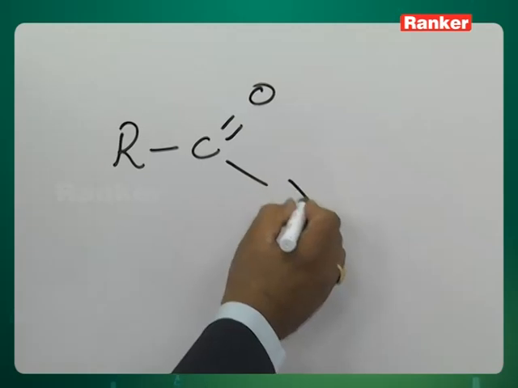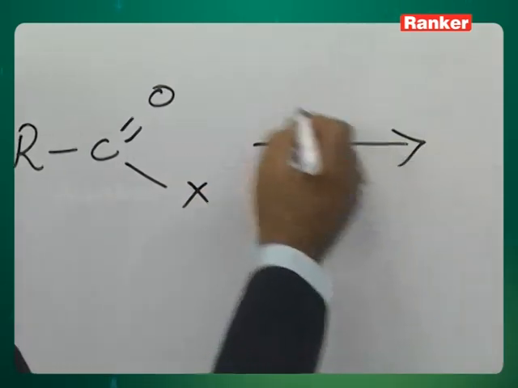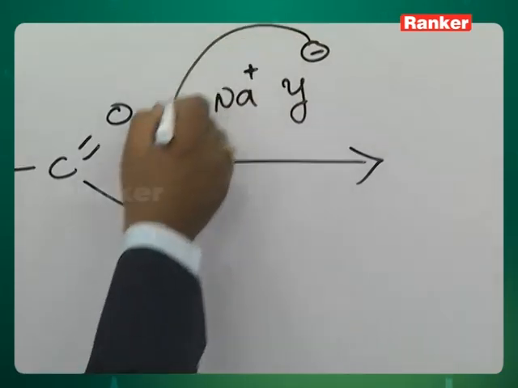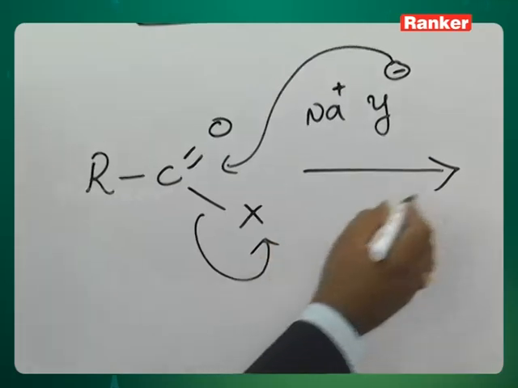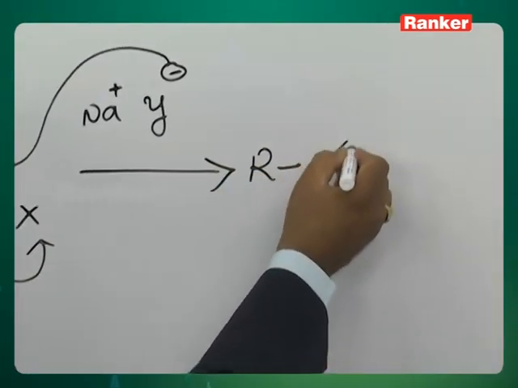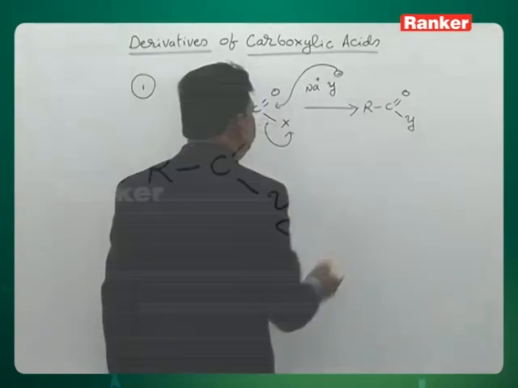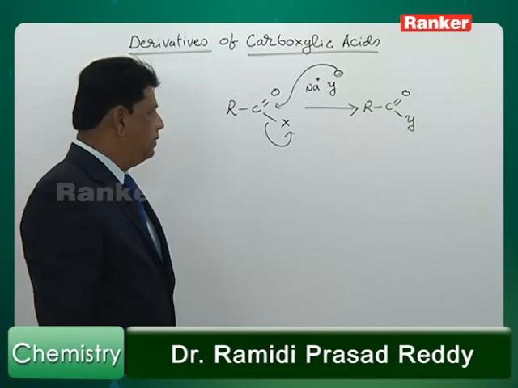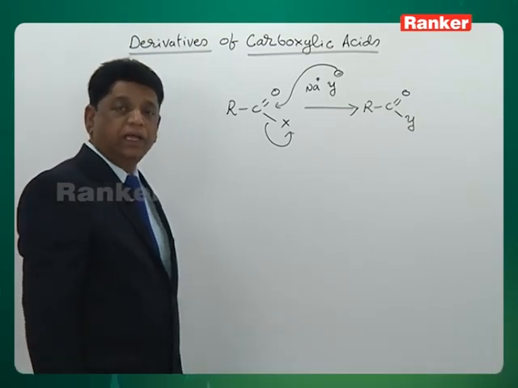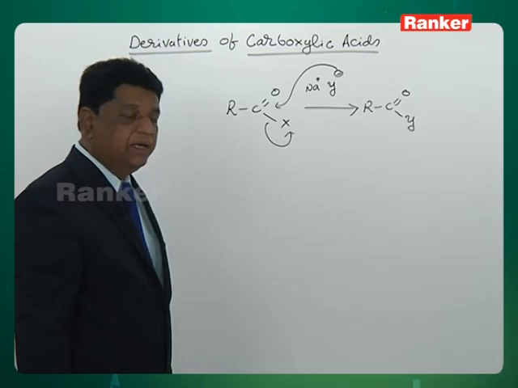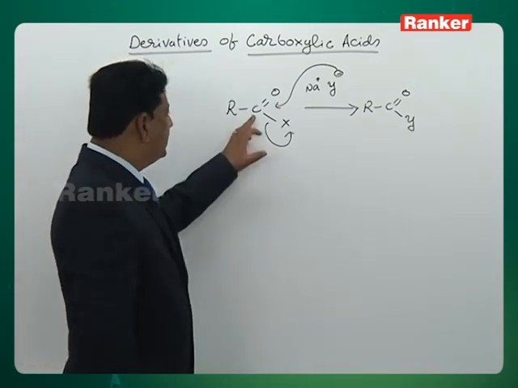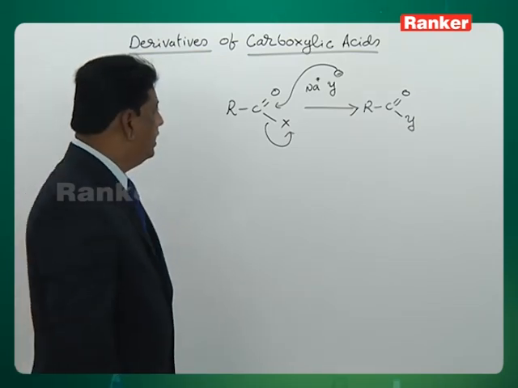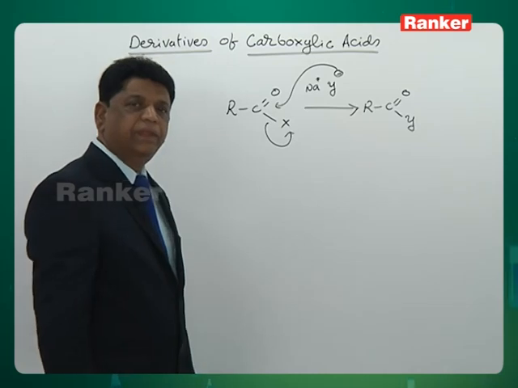Let us have an X here and treat it with a sodium salt of a Y nucleophile. This Y nucleophile replaces the X and you will get a Y containing group. So, this is a nucleophilic substitution reaction at an acyl carbon, just like alkyl halides RX also undergo this type of reaction, but that is at a saturated carbon. This carbon is called the acyl carbon. So, the reaction taking place on the acyl carbon is a characteristic reaction of